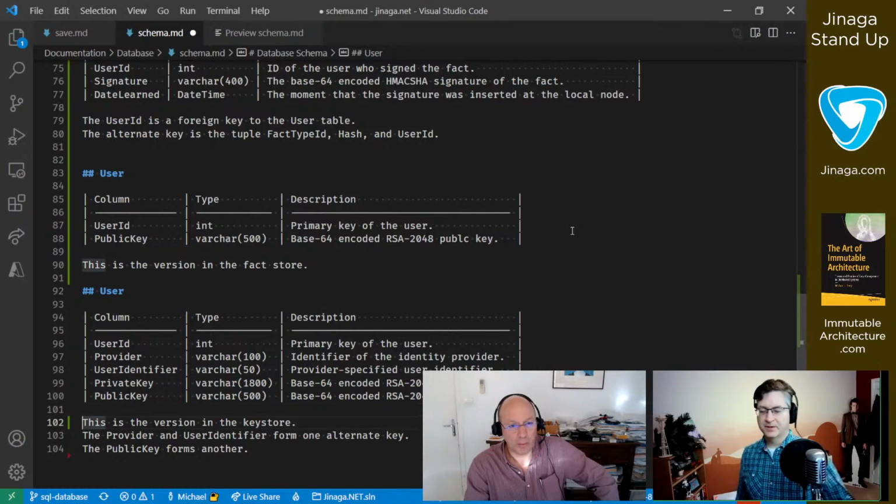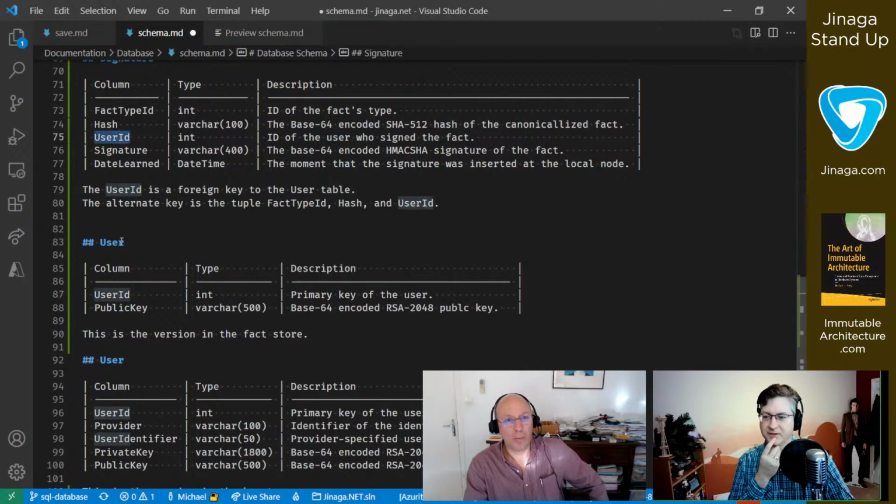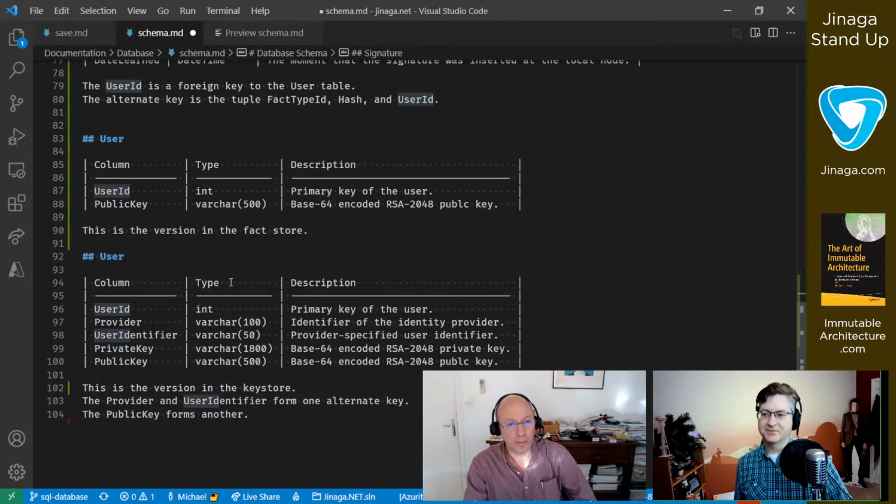So what I really want to do then is give them different names. So the IDs and the foreign keys will change names as well in order to make it a lot less confusing. So it's not that you have a user table in two different databases that just have different columns, but you can see these are two completely different tables. They're used for different purposes. This one is just to look up a public key, and that one is to